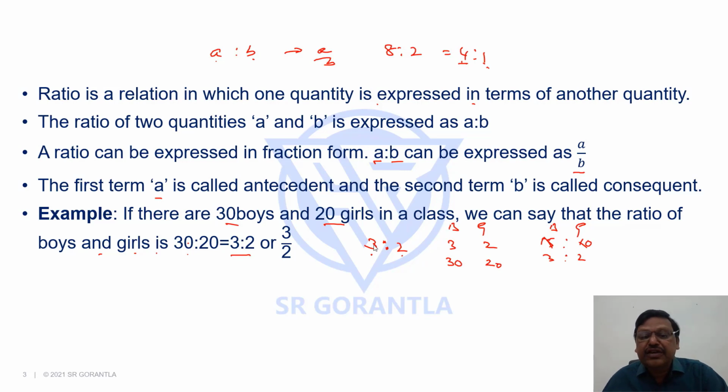So basically, whenever we say the ratio of two items is 3 is to 2, the first one is a multiple of 3, let us say 3 into k. The second one is a multiple of 2. This k is a common multiple in both cases. So when you find the ratio, this k gets cancelled. Here, this 10 gets cancelled and we are getting 3 is to 2. Here 15 and 10 means 5 is getting cancelled and we are getting 3 is to 2. So what we should keep in mind in ratios is, whenever you are given a ratio as 3 is to 2, don't assume them to be only 3 and 2. The first one should be a multiple of 3, 3 into something. The second one should be a multiple of 2. Next.